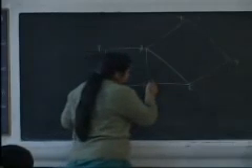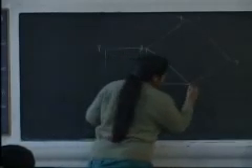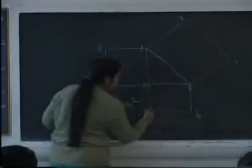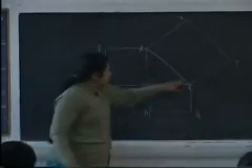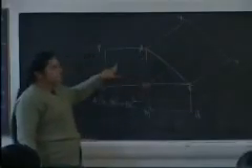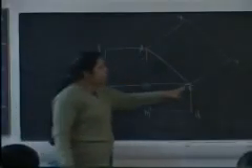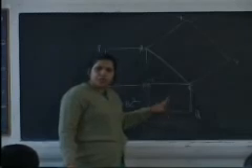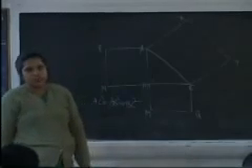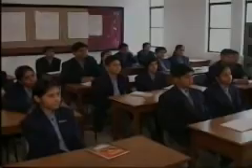And similarly, if I draw a square with BC as one side, calling it BCQM. Now actually AC square is nothing but the area of this square, AB square is nothing but the area of this square, and BC square is the area of this square. That means the area of this square is equal to the sum of the areas of these two squares. This is Pythagoras theorem, right? Yes.